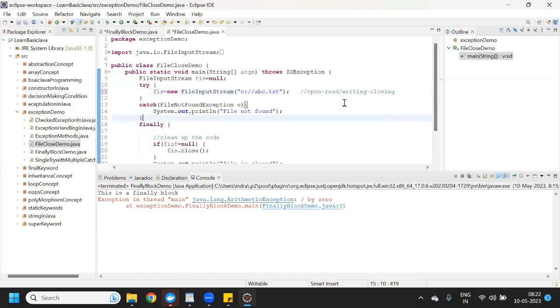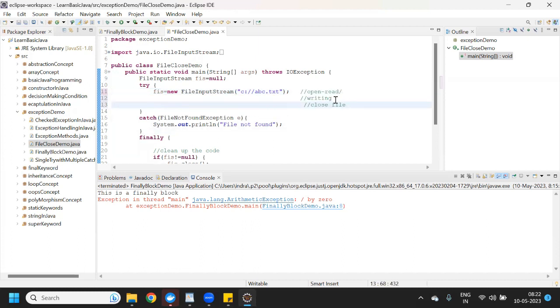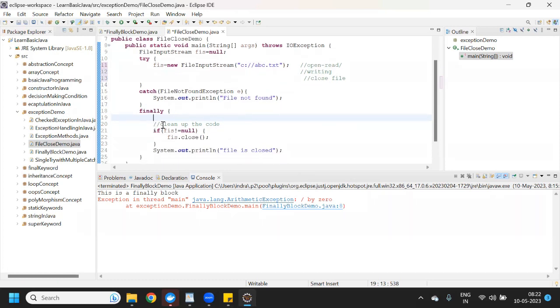So that is the reason for what we are doing. See, in this try block, if you close the file, but in case of an exception, your file will not be closed, then it will go inside the catch block and it will terminate the program, or it will run the remaining code, but your file will still be open. So in this case, what we are doing here is keeping this close file inside the finally block,